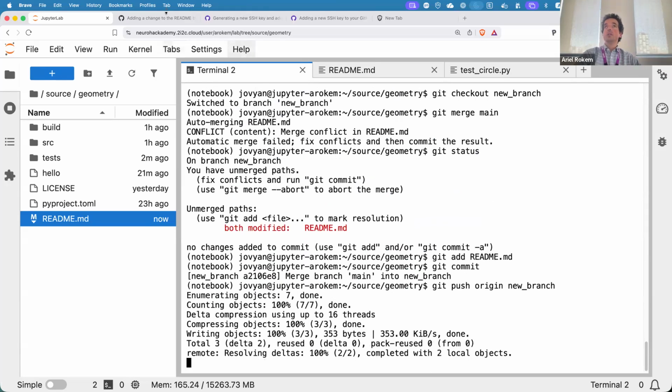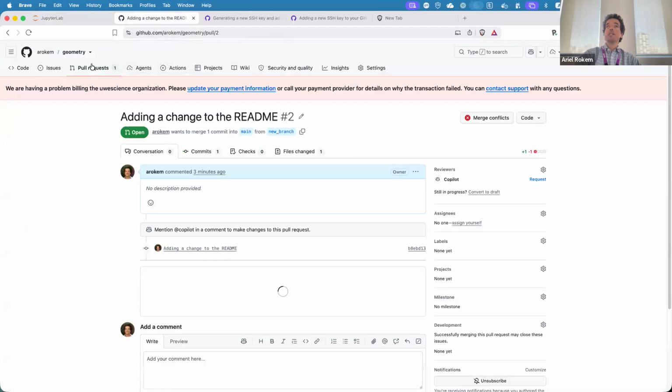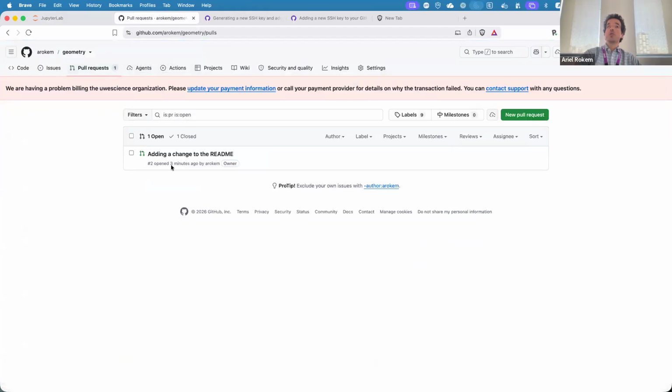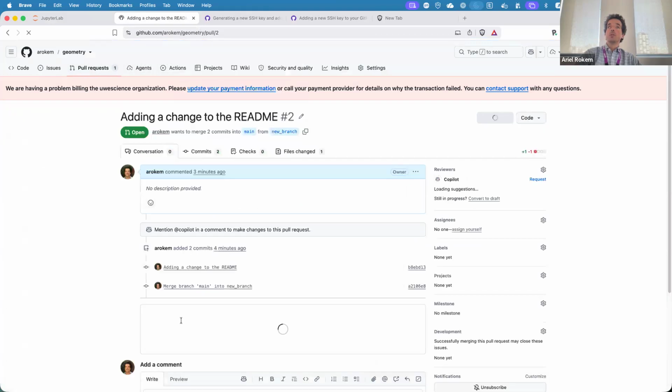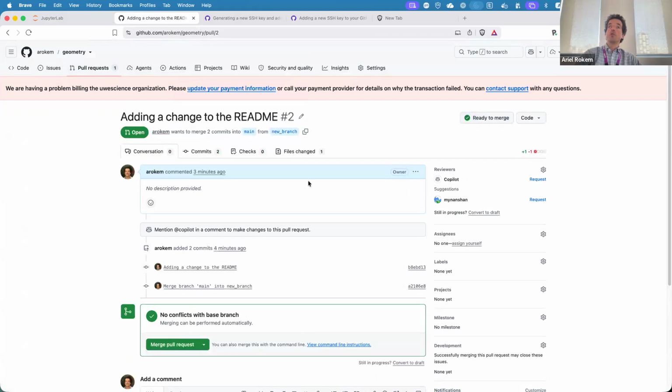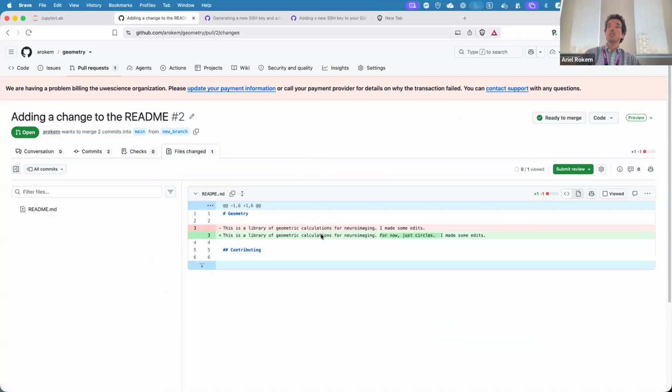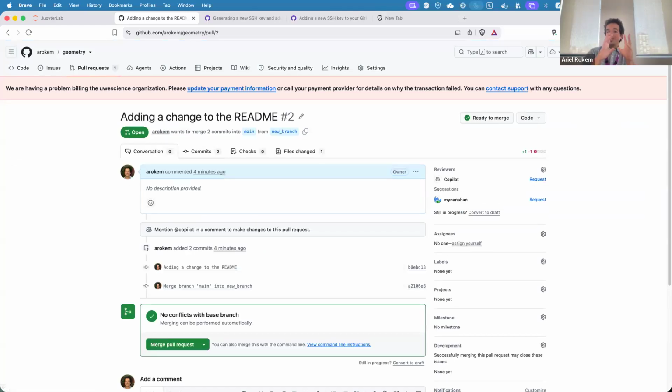And now, if we go to the pull requests, now when it checks for its ability to merge, there are no conflicts with the base branch. And the content that is in here is both the content from main that Maria made and the change that I made. So this is really the way, to summarize everything, since we're also at time,